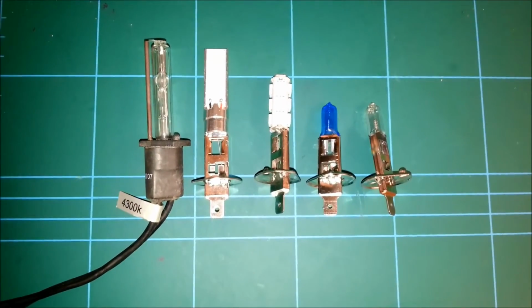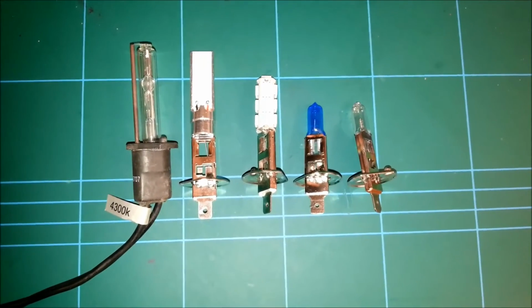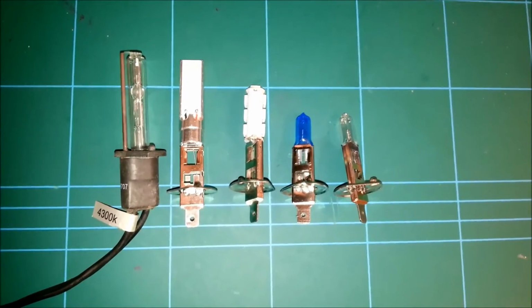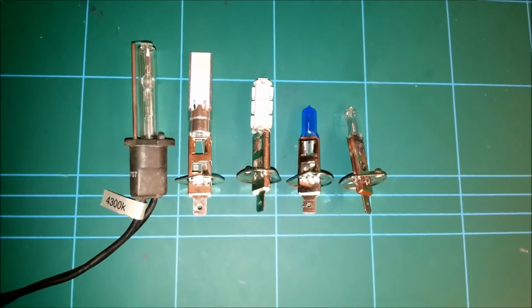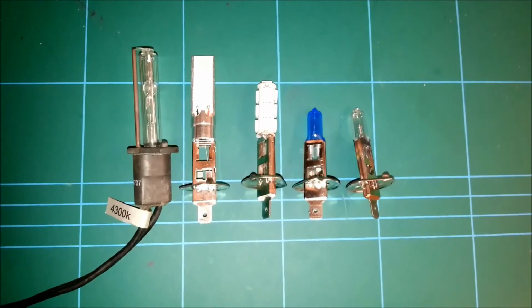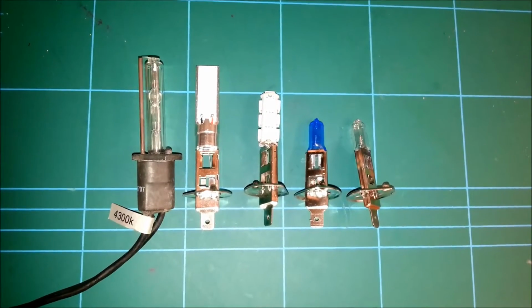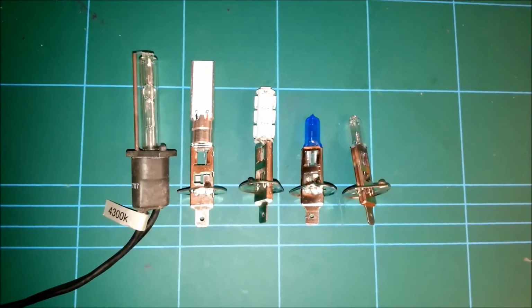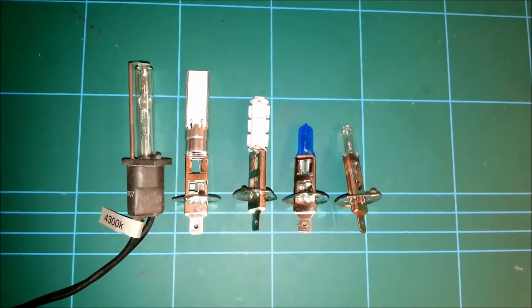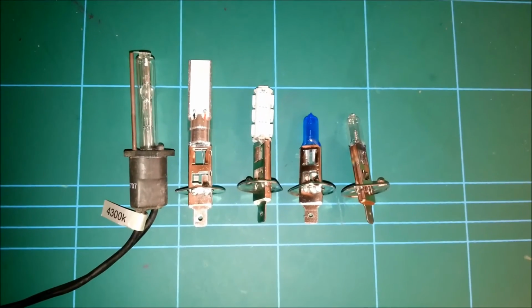And then we have the standard HID bulb, which shouldn't technically be used on the road if your vehicle was not made with them in as standard. Technically it's illegal to upgrade to HID unless you change the bulb holder and reflectors, the front glass on the headlight unit, and you also need to fit a self leveling device for either the headlight or for the entire vehicle. Right, we'll go stick them in a van, point it at a wall and see which ones give a